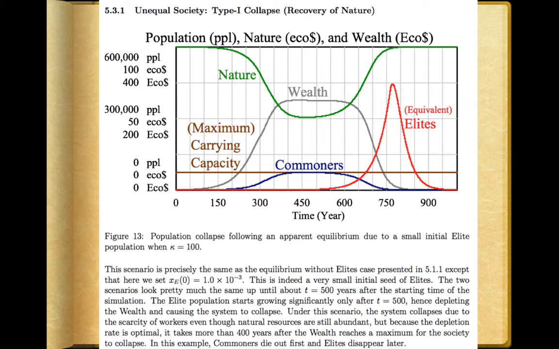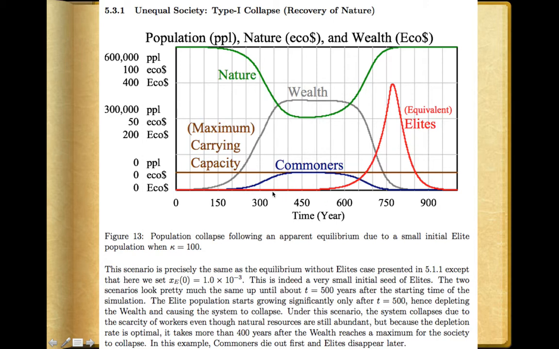This one is, let's see, a scenario where you have a kappa of 100. So this is where the elites get paid 100 times what the commoners get paid. And then, if you look at what's happening here, nature gets depleted while the commoners and the elites are able